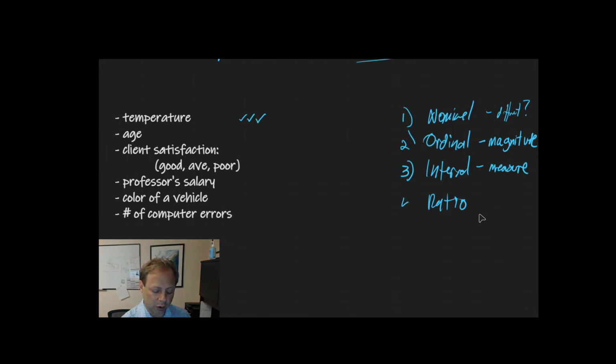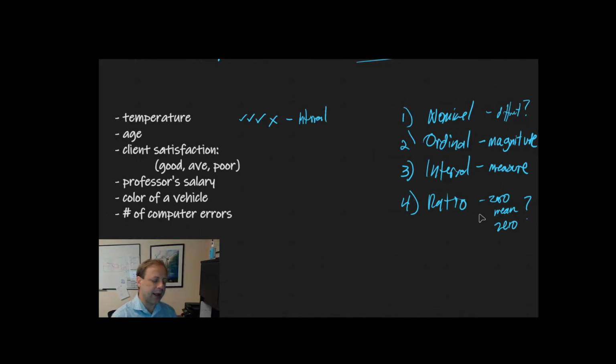Okay, good. Number 4, ratio. Does 0 mean 0? This one's a little tricky. It's why we started here. Does 0 mean 0? Well, what does that mean? Does 0 temperature mean 0 temperature? No, 0 does not mean 0. What happens at 0 temperature Celsius? Water freezes. Does that mean that there's a lack of temperature at 0? No. It's still cold, right? So it is not ratio. All right. Now there's an argument with temperature about going to Kelvin and absolute 0. We're not having that discussion today, right? So the answer for temperature in this case is interval,